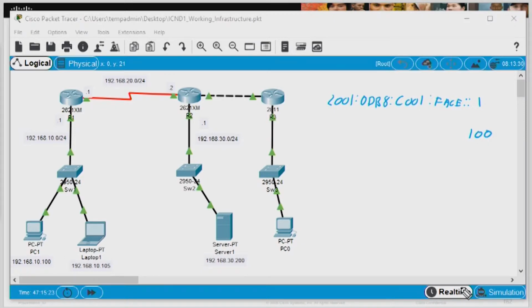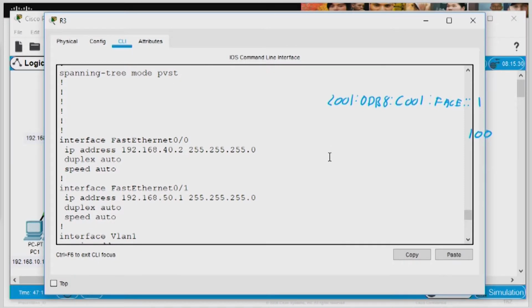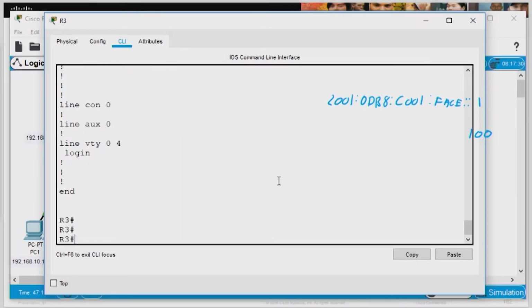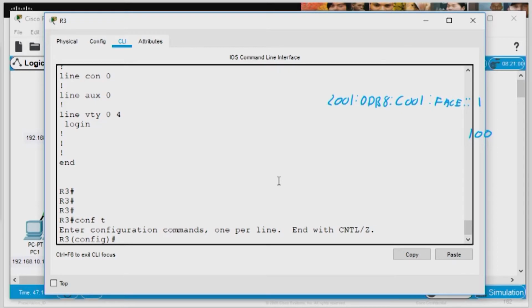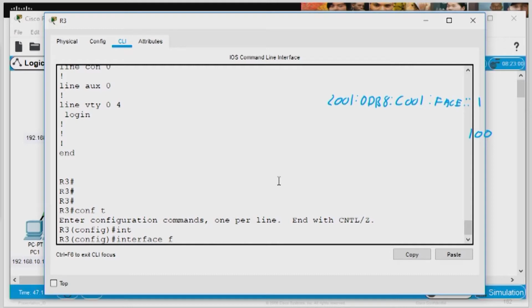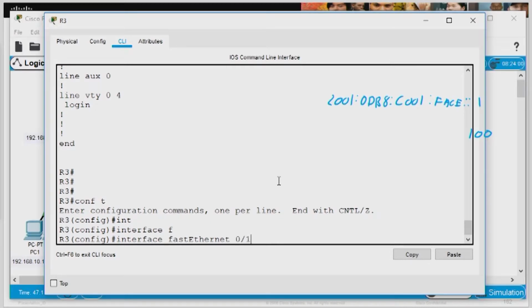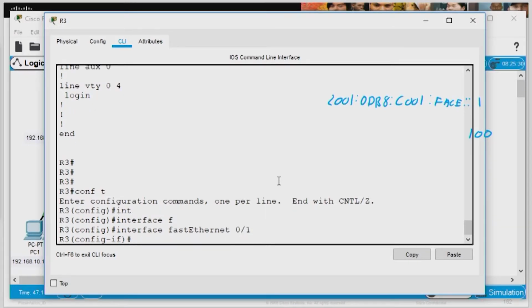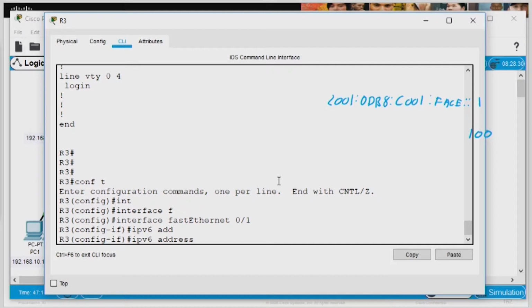So let's go into our router and actually configure the IPv6 address on the interface. To do that, we'll go into global configuration, which is where we have to start all our configuration. We want to configure the specific interface that's going to be v6, so that would be interface FA0/1. How do I know that? I built it. So interface FA0/1, and we need to put an IPv6 address. So the command would be IPv6 address